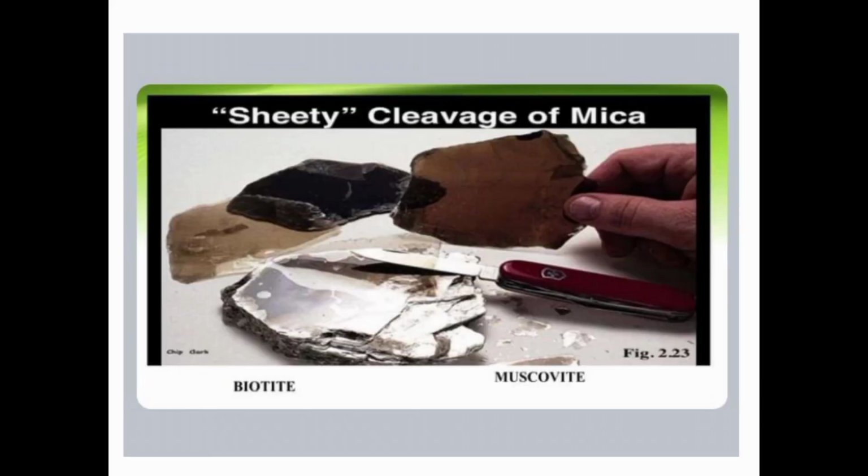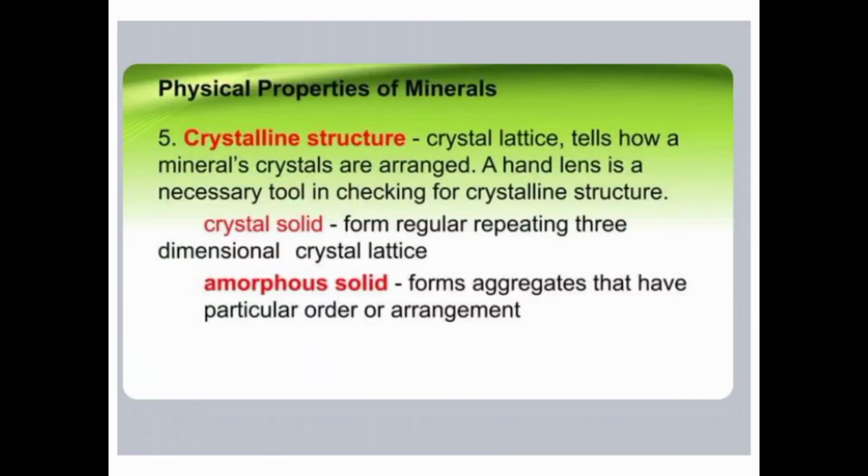That's the example of cleavage. Let's proceed to the fifth one, which is crystalline structure. Crystal lattice tells how the mineral's crystals are arranged. A hand lens is a necessary tool in checking for crystalline structure. Crystalline structure means that the atoms inside the mineral are arranged into a systematic,